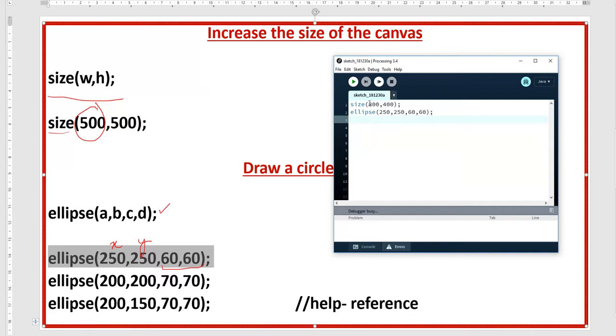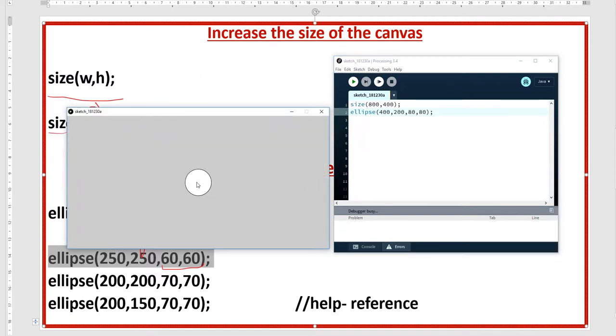Our width is 800, so half of this will be 400. Then you have to write 400 here, and the height is 400, so half will be 200. You have to follow the size, and then 60 by 60, make it now 80 by 80, meaning the diameter, width and height are both the same. It means we will get a circle.